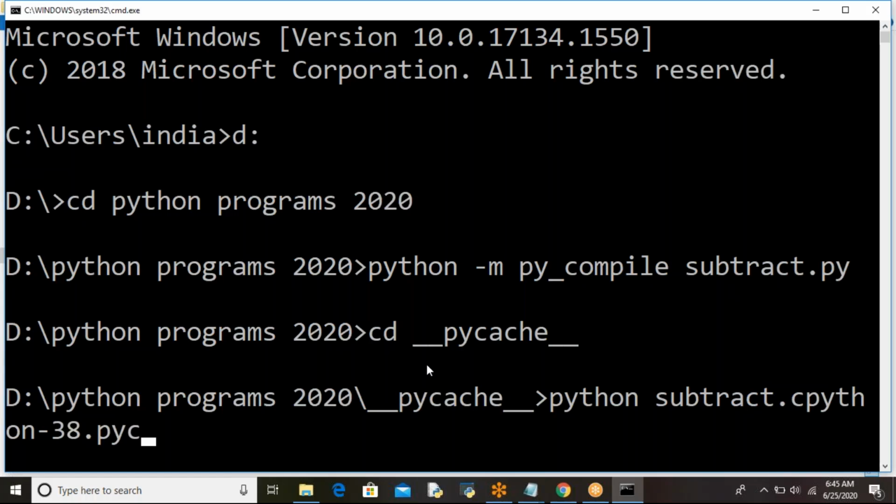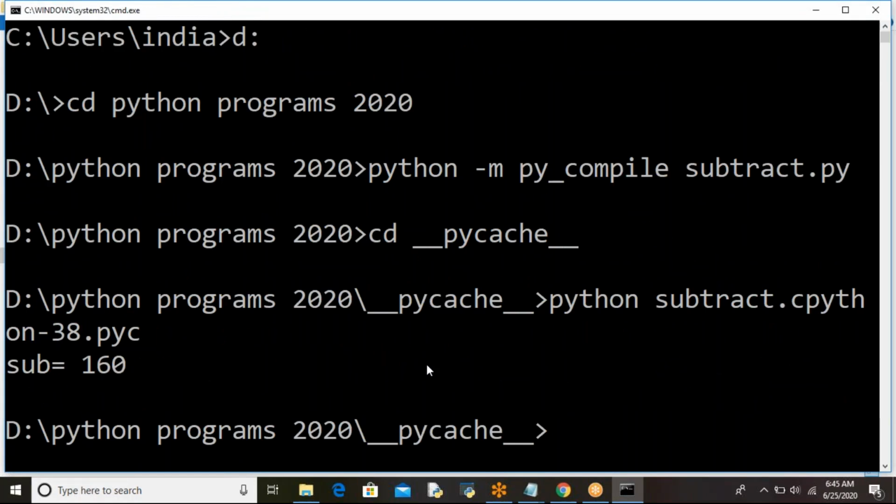Understood my point? Python space subtract.cpython-38.pyc. Click enter, and you got the result: sub is equal to 160. Understood? Yes, this is how you can execute the Python programs.